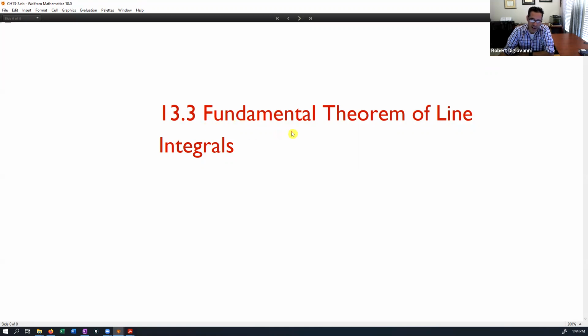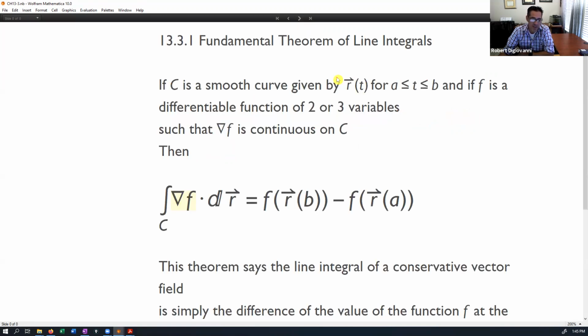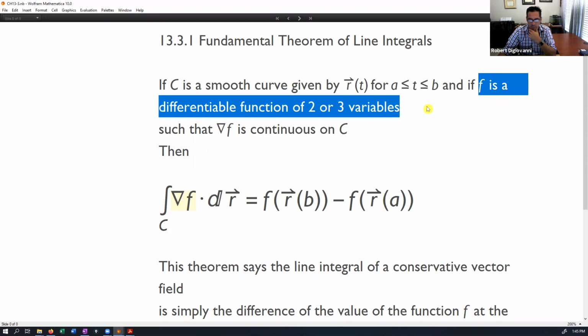I'm going to refer to this as FTLI. If you ever see FTLI somewhere, I'm talking about the fundamental theorem of line integrals. So what does it say? The fundamental theorem of line integrals says that if C is a smooth curve, now smooth was there was a definition for smooth, and it's given by some vector function r of t, with some restriction on t, and if f is a differentiable function,